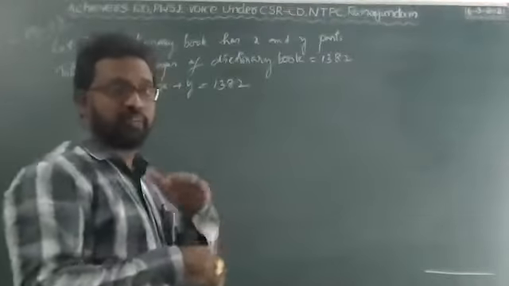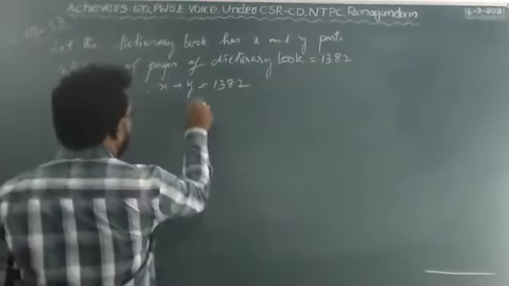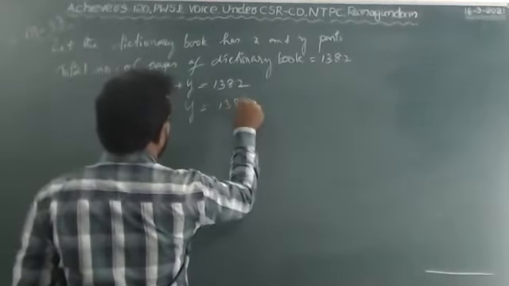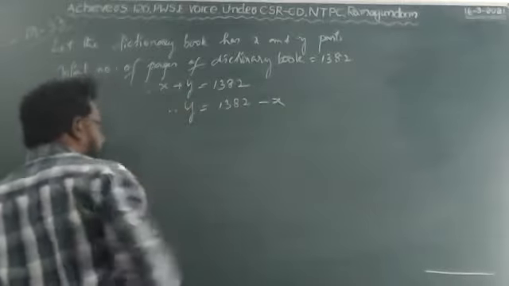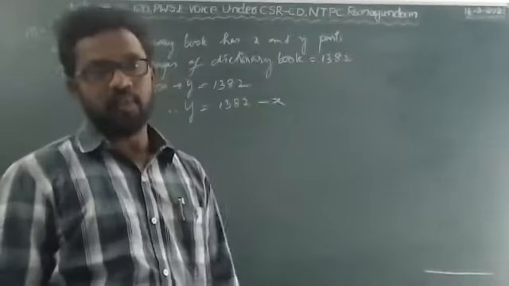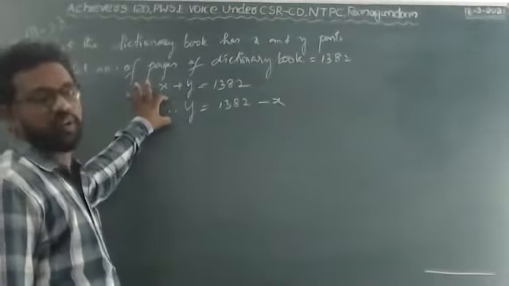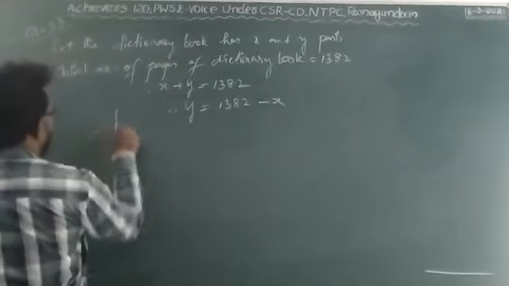Previously I took x is equal to, now we will go with y is equal to. So y is equal to 1382 minus x. Let us take y is equal to 1382 minus x. So this is the value of y. Now we will go with the next one. So according to the problem,